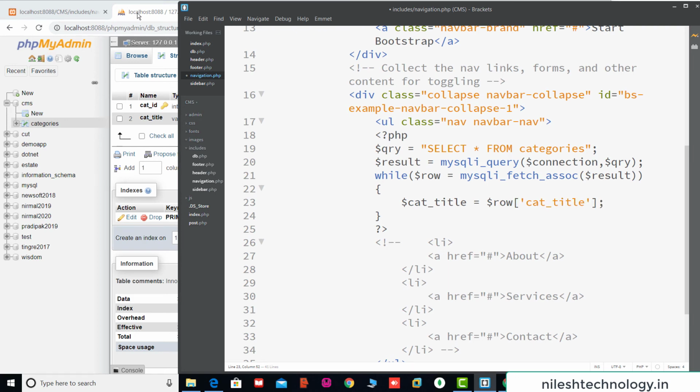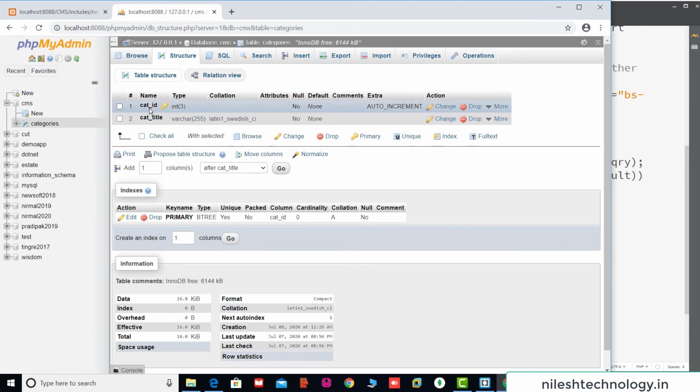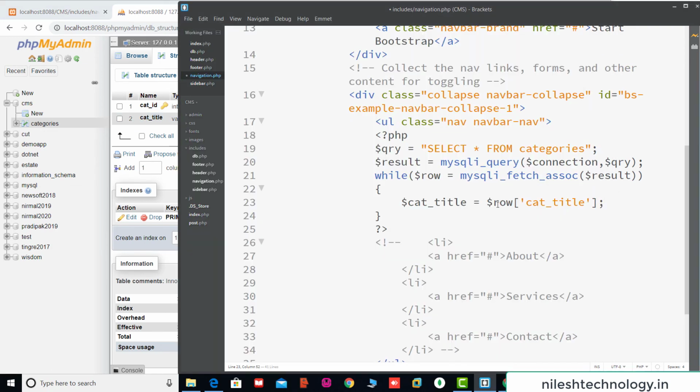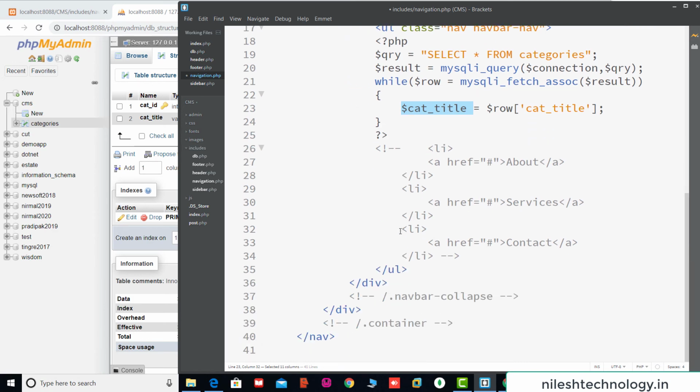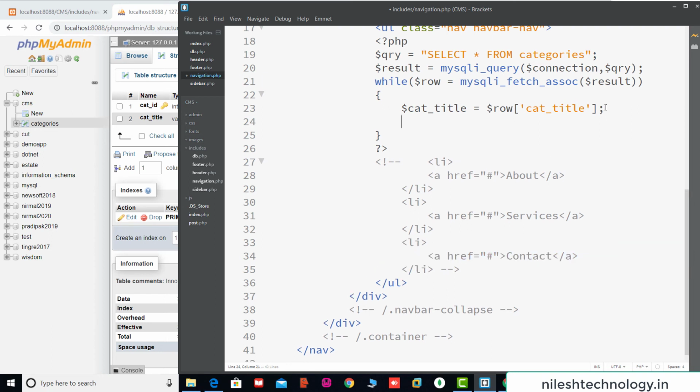See here, this is the database table, category ID and category title. Now here we fetch the category title column, and this data is stored in the $cat_title variable and displayed in this list item. So here we use this list tag in this loop.